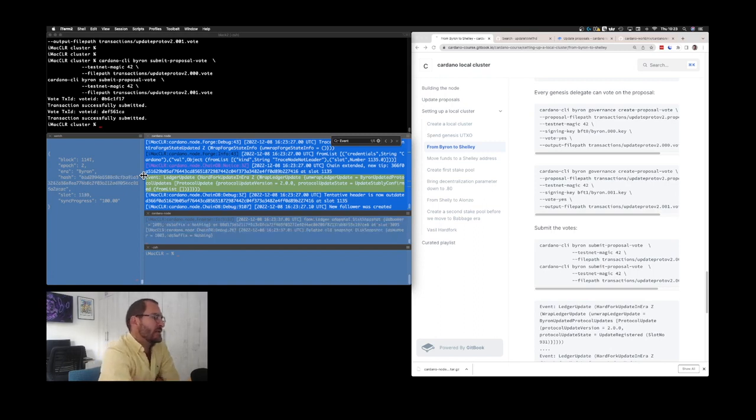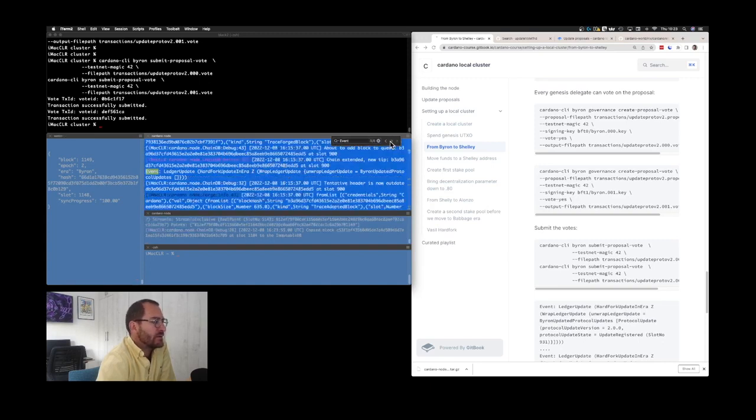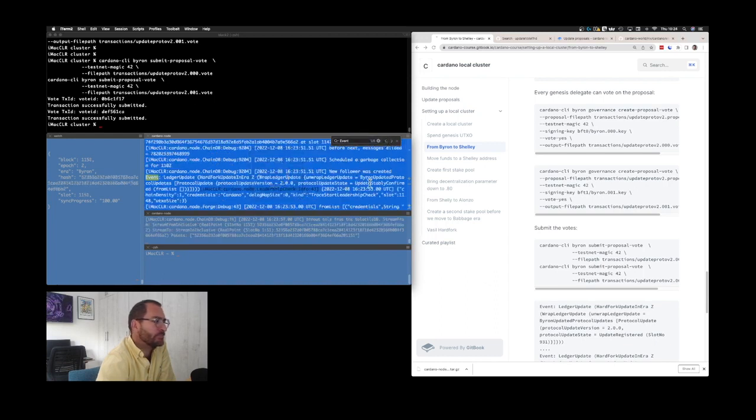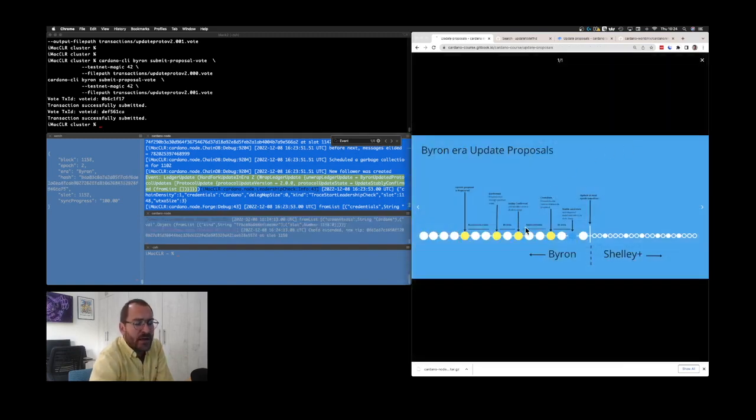So we see that our protocol update proposal to go to version 2.0.0 now has a new state, and it is stably confirmed, meaning that it is at least 2k blocks deep. So here it is. So now if we go back again to our diagram here, we see this, and we